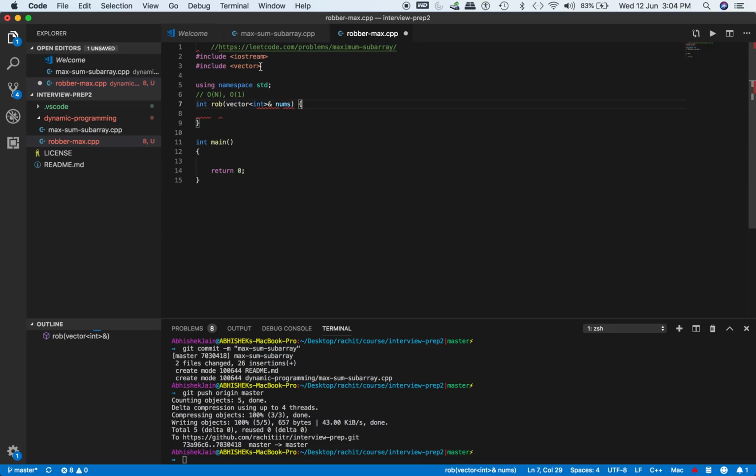Why is it showing me so many errors? I'm not sure. It's working fine. Why is it showing errors? Yeah, it's working fine. Okay, so rob this and we'll see the time complexity later on. As usual, I will first take